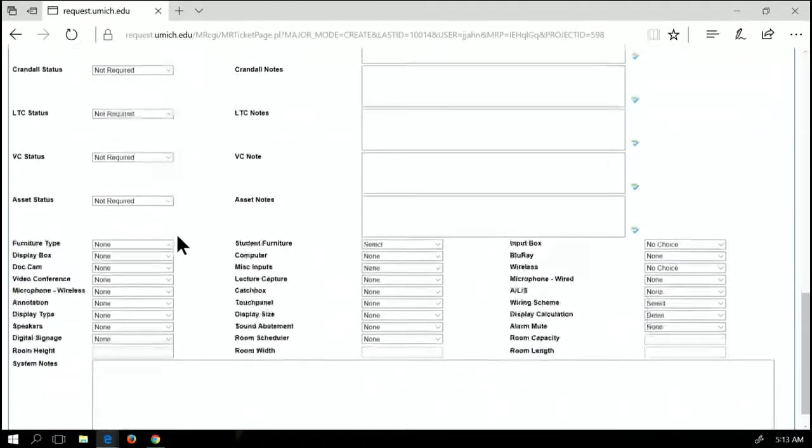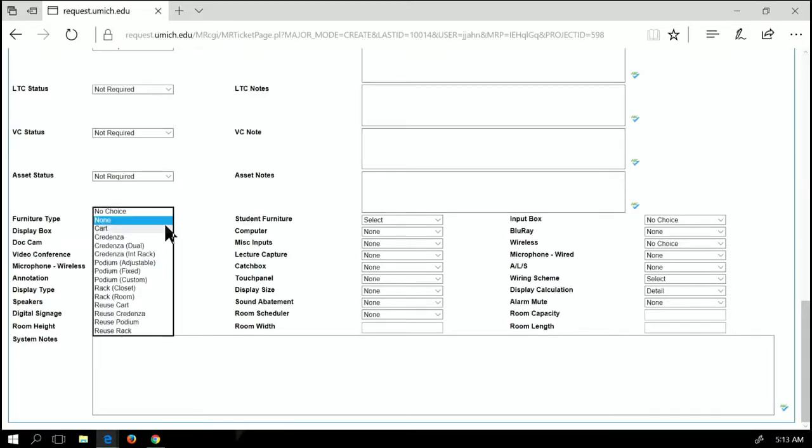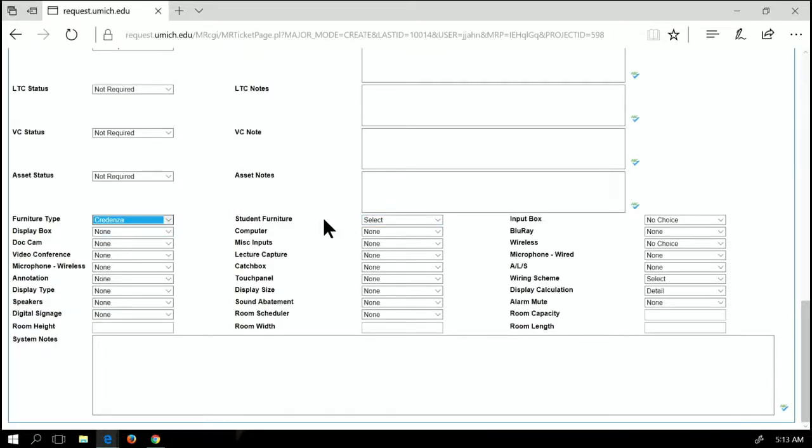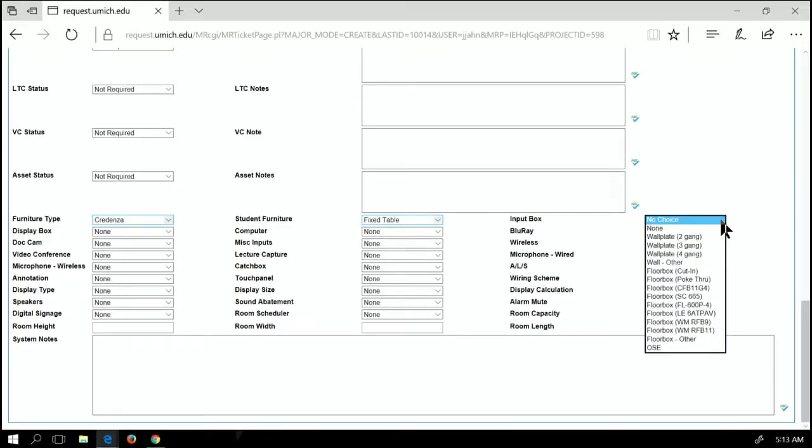Head on down a little bit farther. This is where a lot of the information I throw in. What type of furniture? That's going to be a credenza. Typically I go left to right. Furniture, I'm not sure what's in there, so I'm going to just say let's do a fixed table. You can always change. Input box, which since it's a credenza, typically that's actually